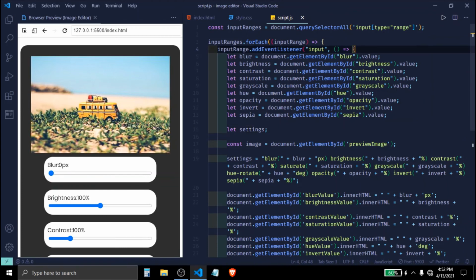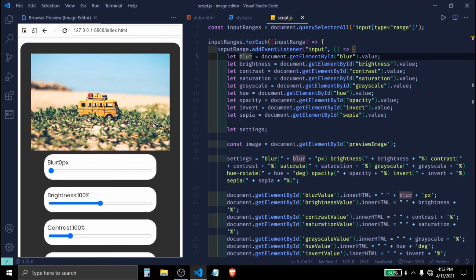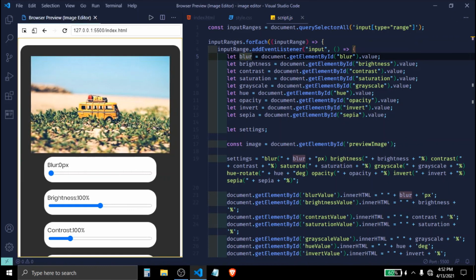So what you can do is display your image on that canvas using JavaScript. You can apply those filters and you can download that canvas using JavaScript. So you can have a button for downloading it, and you can use JavaScript to download that whole canvas for you. So that's the concept. I have not implemented it inside my JavaScript, but you can do it though.